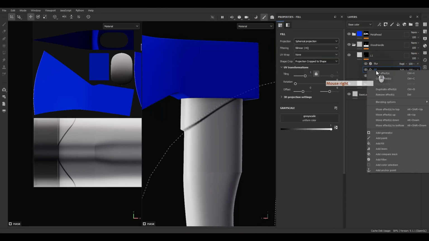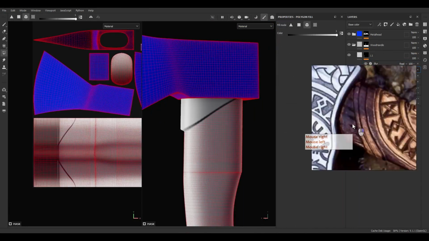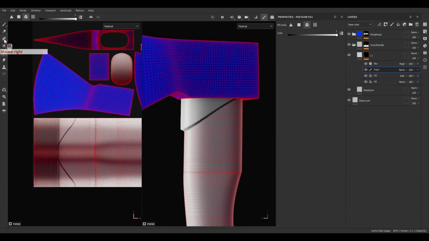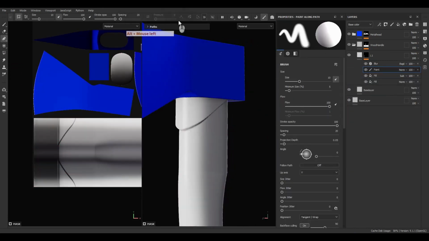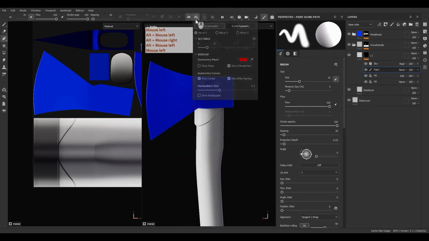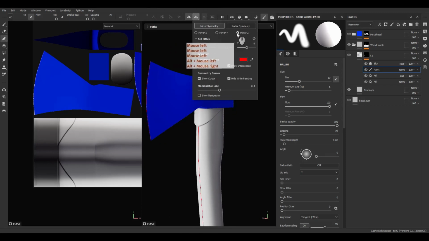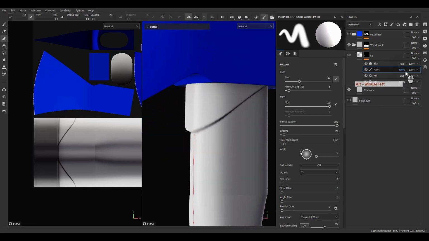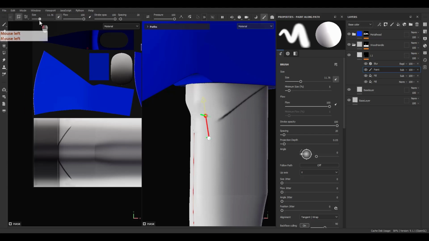And let's add another paint layer. I just want to create this kind of detail here. And we should go for the path and turn on the symmetry, as you can see. But we need to modify the symmetry on Z axis, as you can see. And now let's change the blending mode to subtract and put a simple line. Play with the size